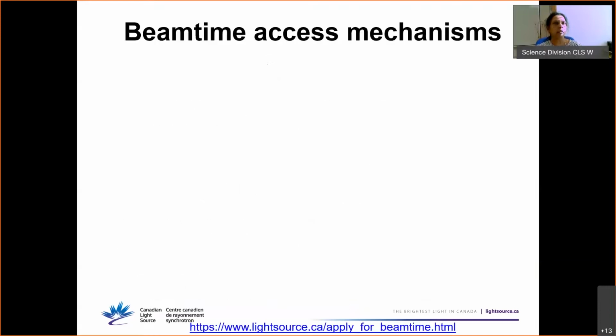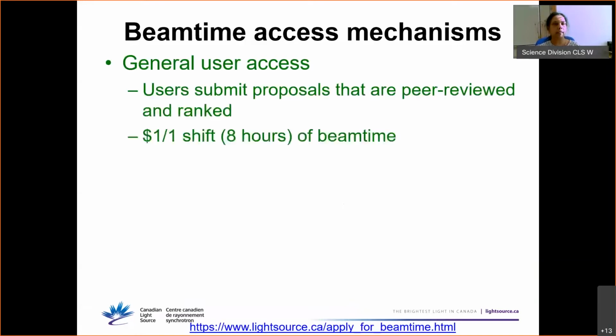Okay. So beam time, coming to CLS, there are different ways you can get beam time. The first and foremost is the general user access way. So at the CLS, you can write a proposal as users of Canadian Light Source, or CLS, and you get beam time if your proposal is good and there is beam time in the beam line. So the way to do it is, as users, you submit a proposal that will go through a peer review. It is an independent expert committee. There is no CLS staff involved.